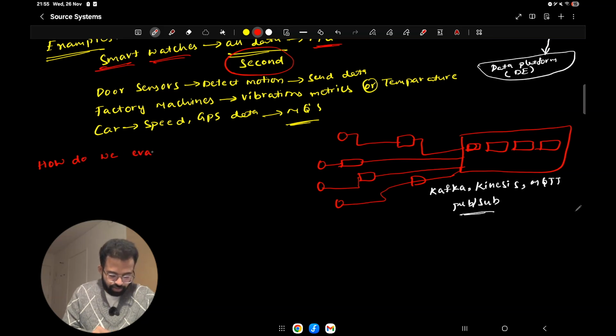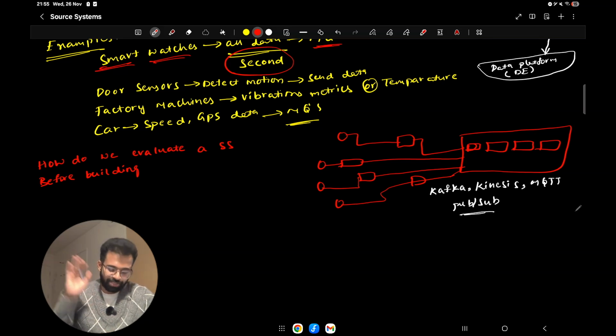How do we evaluate a source system before developing some kind of ingestion logic or transformation logic, or before doing some kind of data modeling, or before making machine learning models as well?